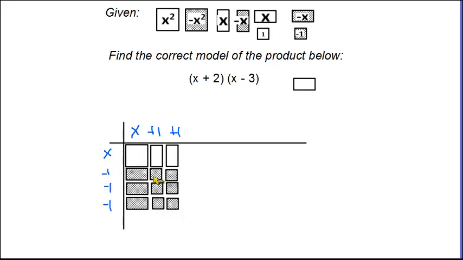So this will be the correct model of this product. And again, the result is